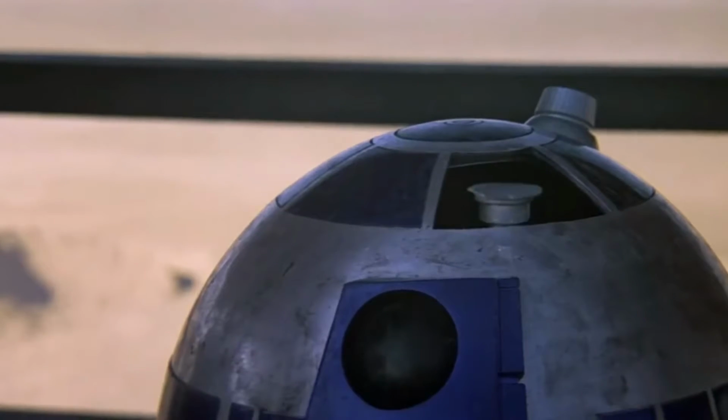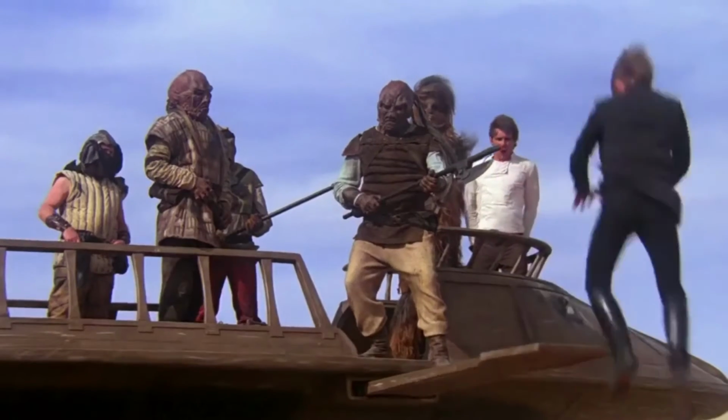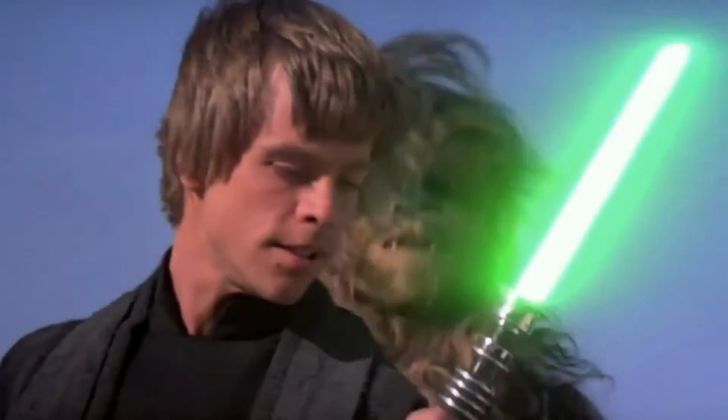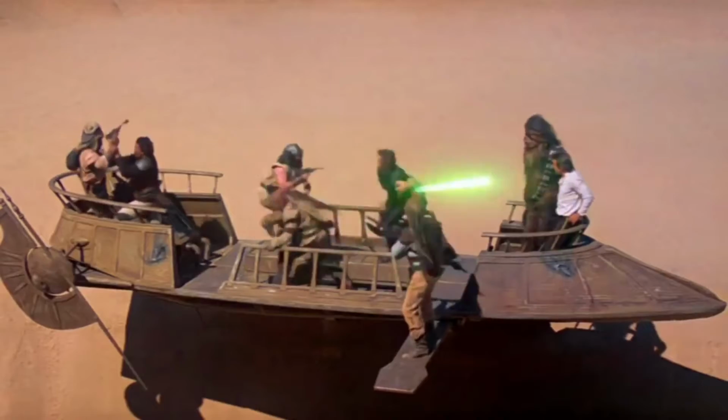Number 9. The Escape from Jabba's Grasp, Star Wars Episode 6, Return of the Jedi. This sequence of our heroes escaping from the grasp of the devious giant slug monster known as Jabba the Hutt is pretty cool. There are a few silly moments like Boba Fett dying way too easily and Han shooting at Lando even though he can barely see, but it is still so cool seeing Luke swing at the bad guys